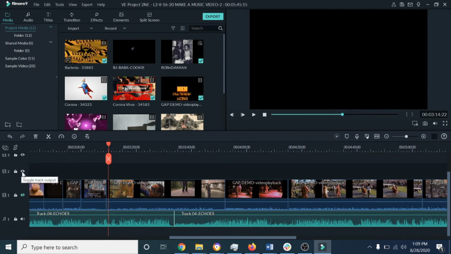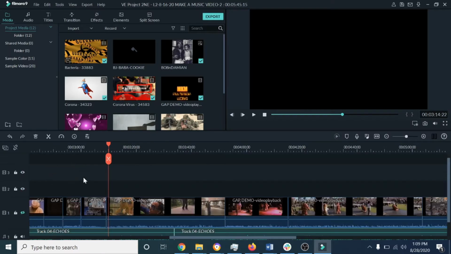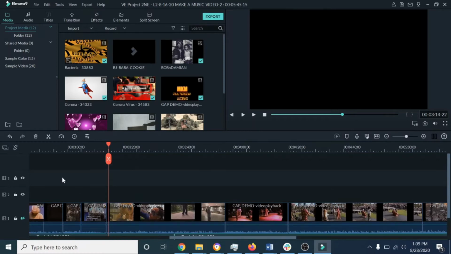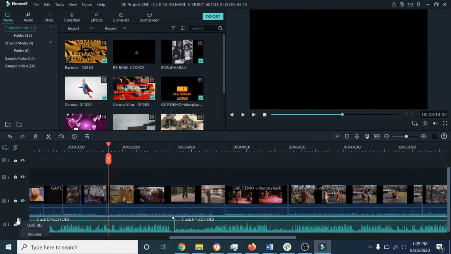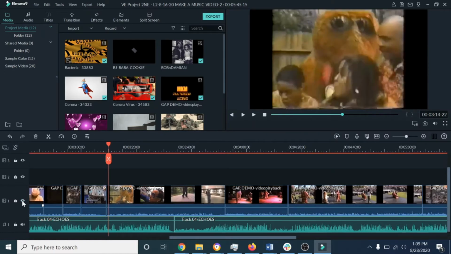And likewise for all the other channels, if you click it, none of the video will be shown, and that's good for when you're bouncing between different video channels or video tracks and you want to be sure you're watching the right one, so you turn off the other ones. So we are going to keep that open for now, and you'll notice the audio is on the video track